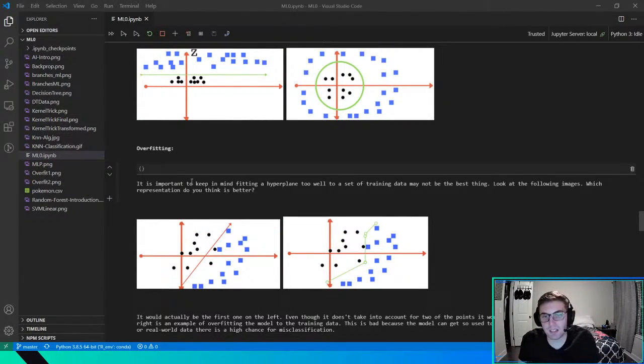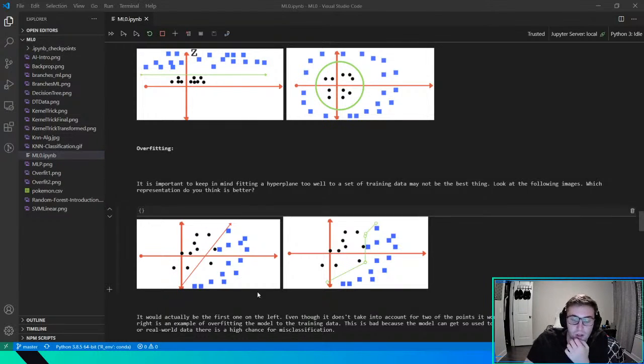So overfitting is the idea that you want the model to understand the relationship and not the noise, or basically not repeat your data points and not just copy it over. So looking at these below, this line right here would probably be a really good example of an SVM hyperplane because it separates it really well besides these two data points. It just makes sense. Looking at it, if you were to ask someone to draw it themselves, they'd probably put something like here.